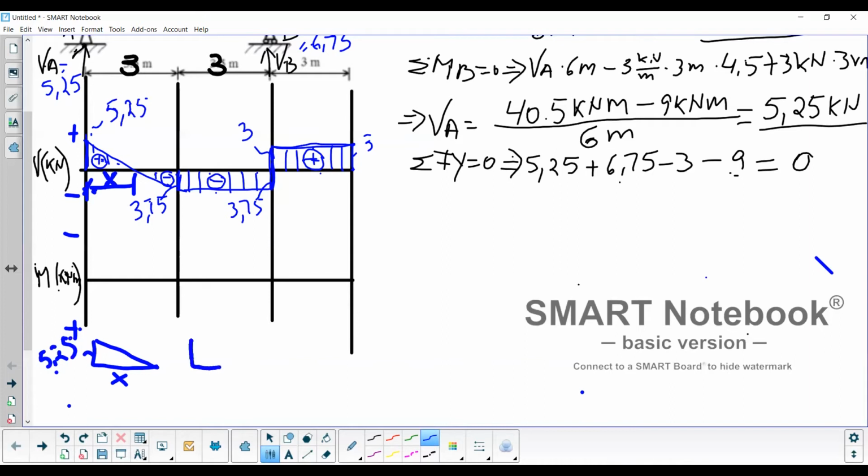And then my other triangle is, I have 3 here, and the other value here I have 9. So this is this bigger triangle over here. We have 5.25 plus 3.75, which is 9, and it goes over the entire length of this section, which is 3. So my equation is going to look like this: